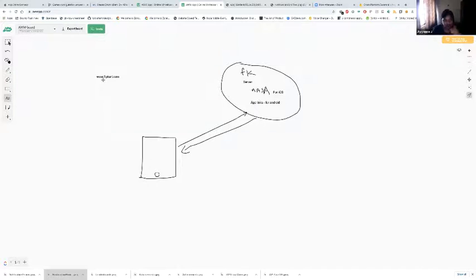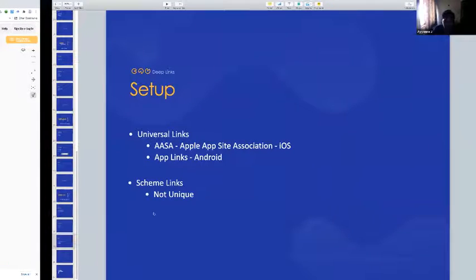So whenever the user on WhatsApp clicks on Flipkart.com, the underlying system will check if there is any AASA file or app links for that particular website. If it's already registered and it already has that information, it will directly open this particular application. In this context, it will directly open Flipkart. That's how the whole thing works. You might be wondering how it gets triggered directly from a website on mobile. It's basically based on the deep links configuration alone.